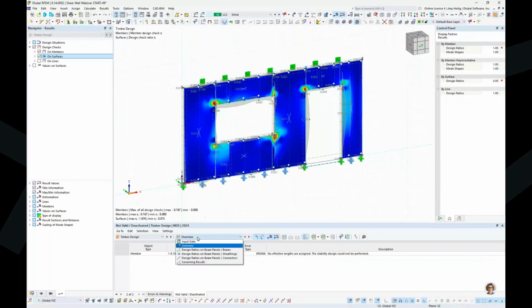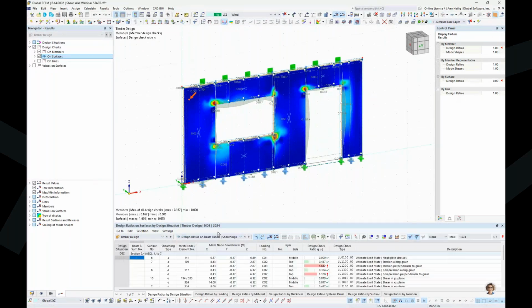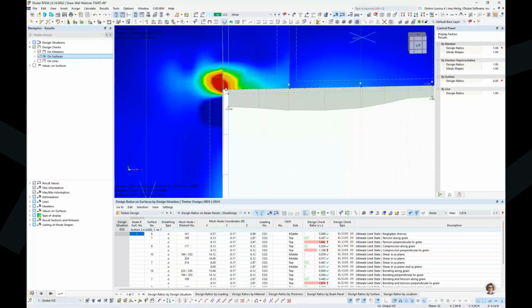You'll notice that if we jump down to the design of the sheathings, this is a pretty common problem when we talk about FEA analysis, is that we get really high stresses here at the sharp corners of our opening. And remember, we're applying FEA. These are not analytical approaches here to the timber shear wall. So it is FEA. What we would typically do here is apply something like an FE mesh refinement. We also have what we call surface result adjustments, just to smooth out these high peak forces that we know